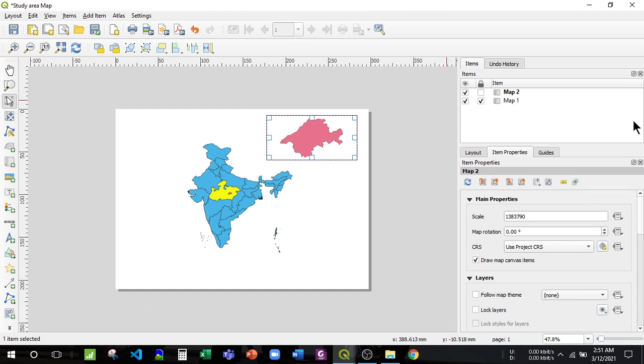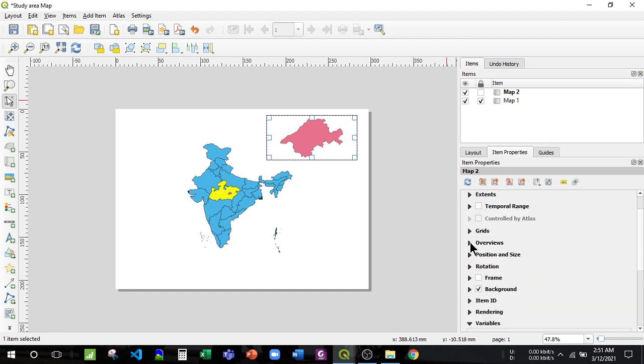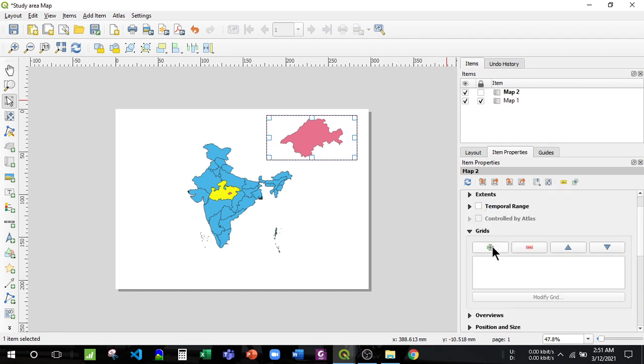How will I make the grids? There is an option called item properties here. You will click on adding the grids. You have to click on plus. This is grid 1. I have to modify this.